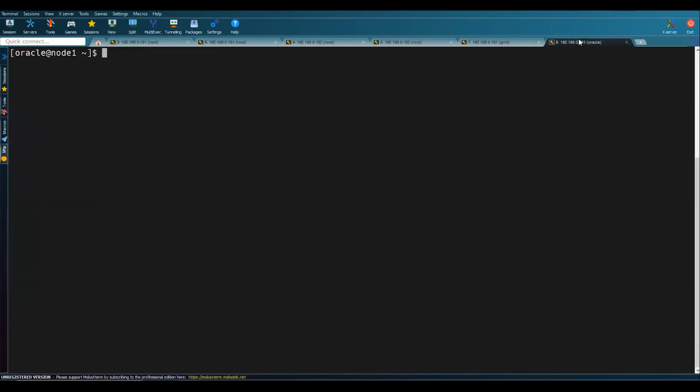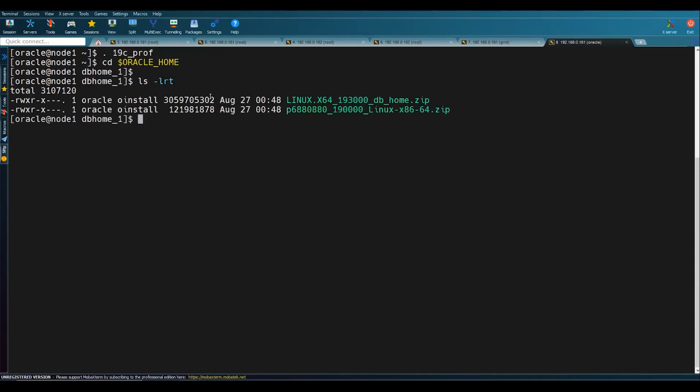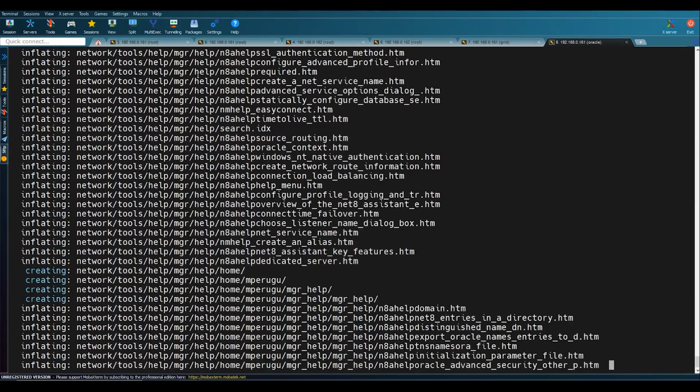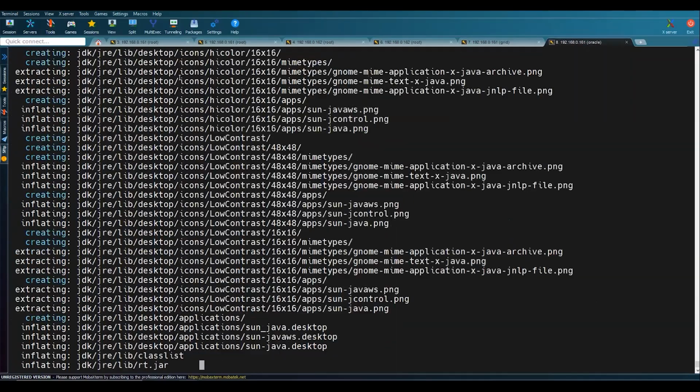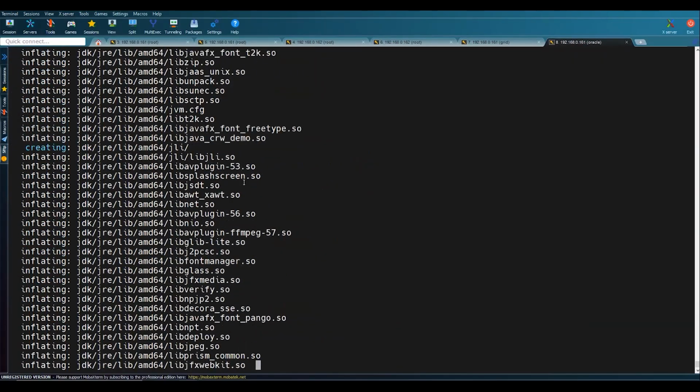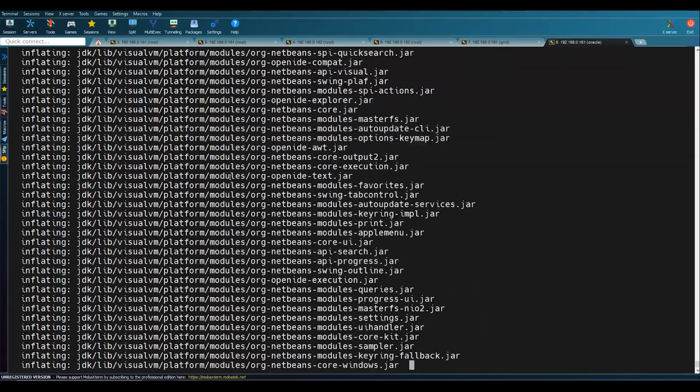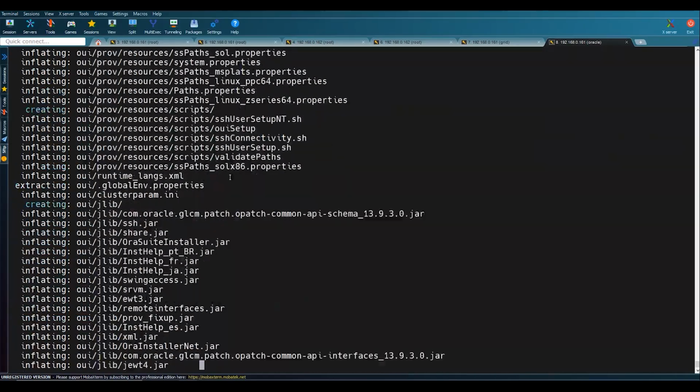Now I'll log in with Oracle, and I'll load the 19C profile. I'll go to the Oracle home location here, and all the files are already present. So I need to unzip it. Let me unzip this file, and once the unzip is completed, I need to do the installation of the newly downloaded software of the 19C RDBMS home. Okay,